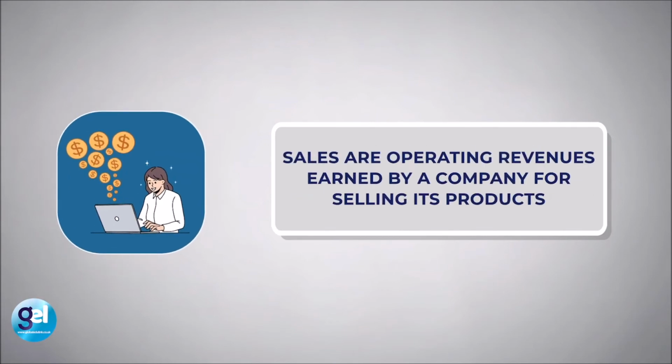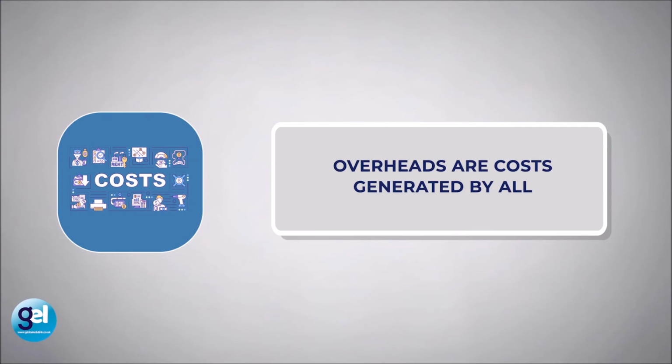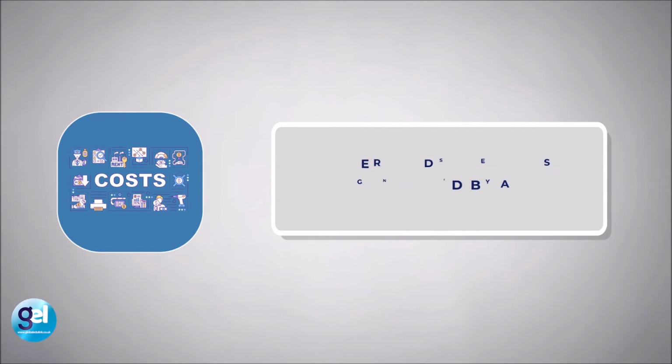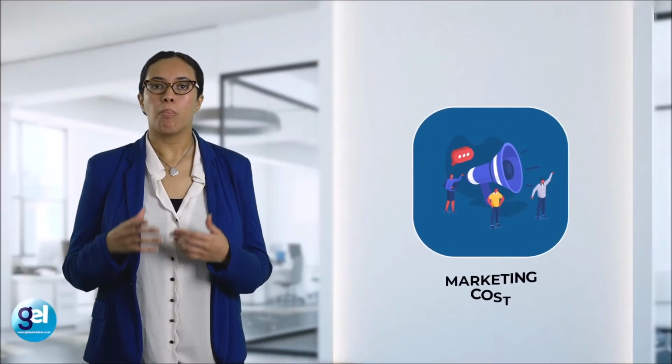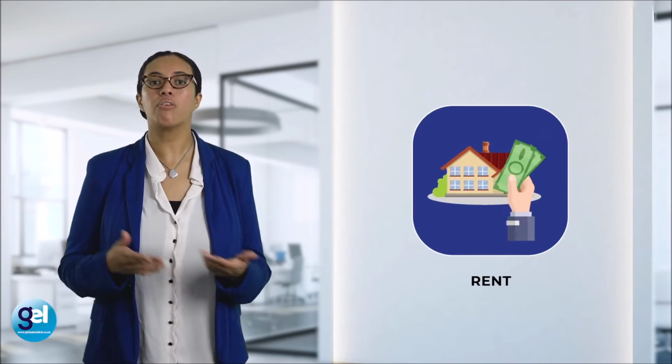Sales are very self-explanatory, as well as cost. But within costs, let's quickly clarify between direct expenses and overheads. Overheads are costs that are common to 2 or more parties within a business, for example, 2 or more departments. Vice versa, direct expenses are not common to any departments, are just related to one specific individual, one specific cost center. For example, marketing costs are direct. Rent and light costs are overheads.